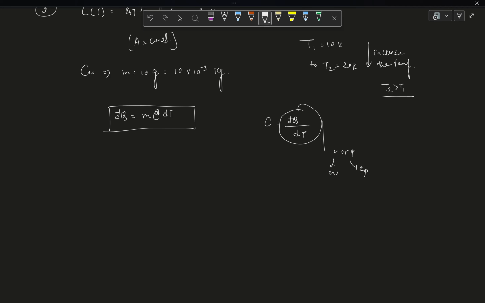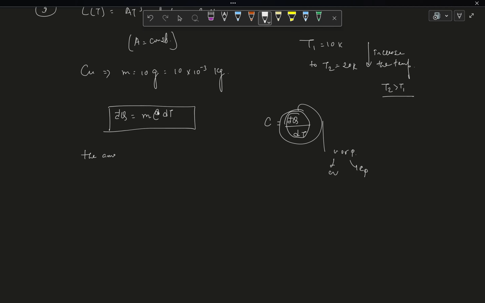Now this is mostly for 1 mole or whatever. So in a more general sense, if you have to include the mass expression also, then you also have to include the mass term in here. So mostly these are mainly dealt with molar specific heat. So there is no mention about mass, because this is already taken for 1 mole. But for the general idea, when you have to consider the mass explicitly, there you have to take dq equal to mc dt, which is like